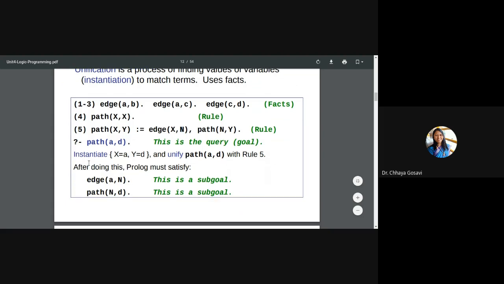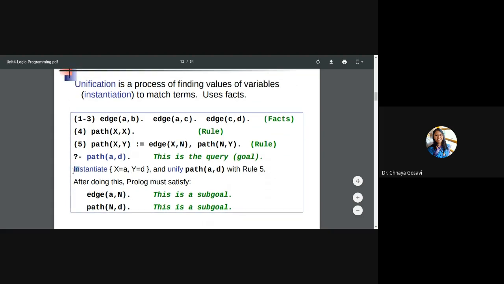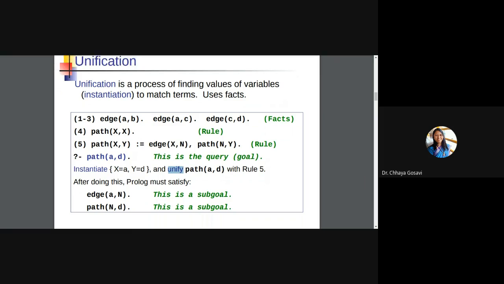This is clear? What is the meaning of instantiation and unify? Instantiate means like we have actual parameters and formal parameters, parameter passing. So we have to replace this x and y with the values from the query. That is instantiation.